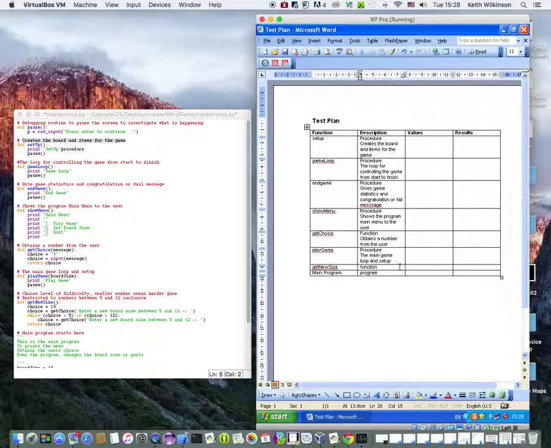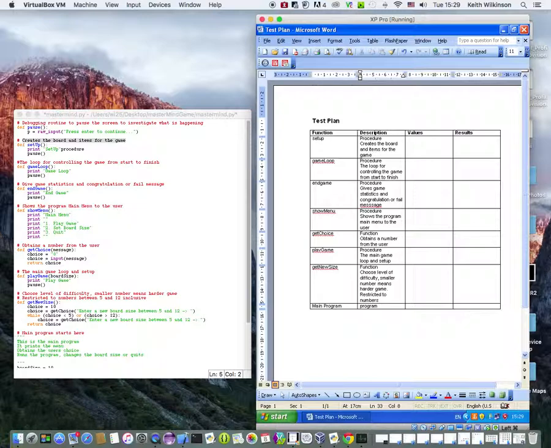Get new size, choose level of difficulty, smaller number means harder game, restricted to numbers 5 and 12